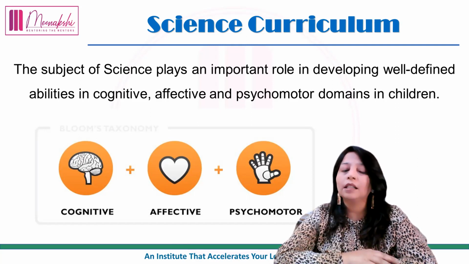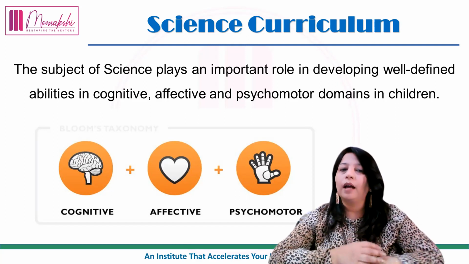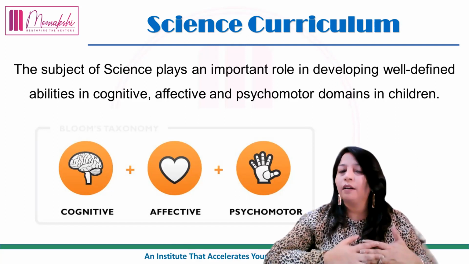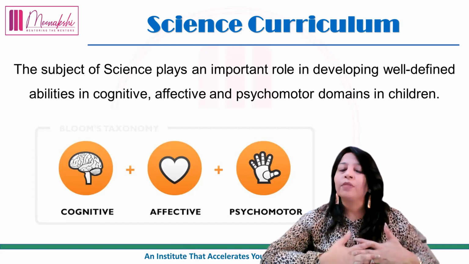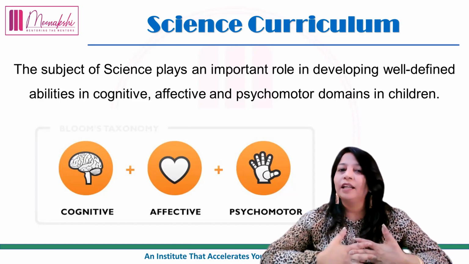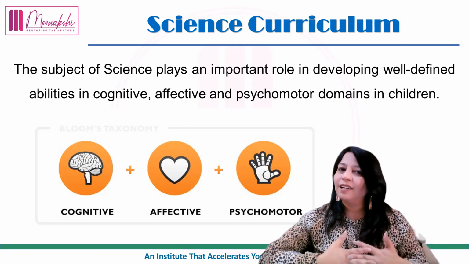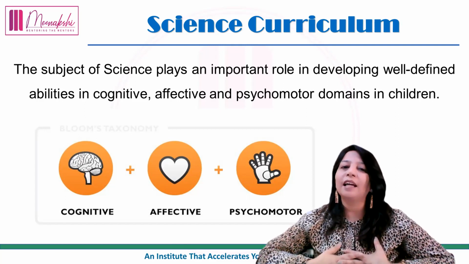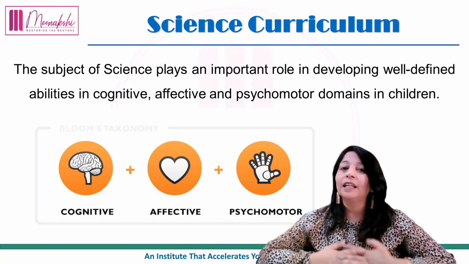Head, heart, and hand, related to brain, heart, and hand. Whatever we learn, we grasp different kinds of content as our knowledge, and how we use this knowledge to change ourselves, to work for the society, for the community, how it changes us, is related to feelings and emotions, related to heart. And the third one is psychomotor, using fine motor and gross motor skills